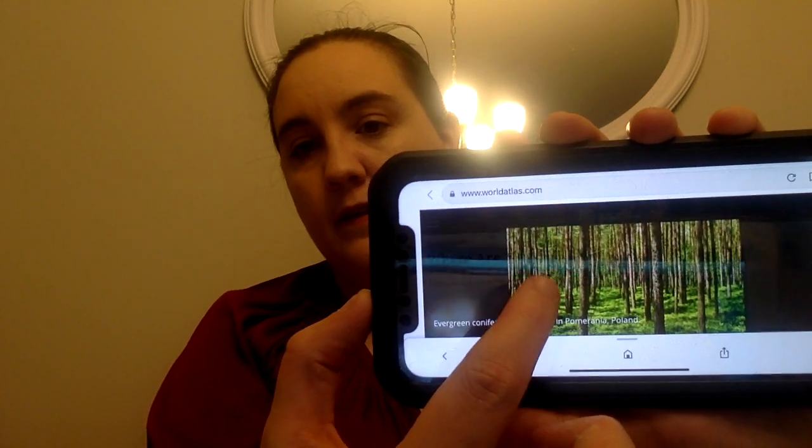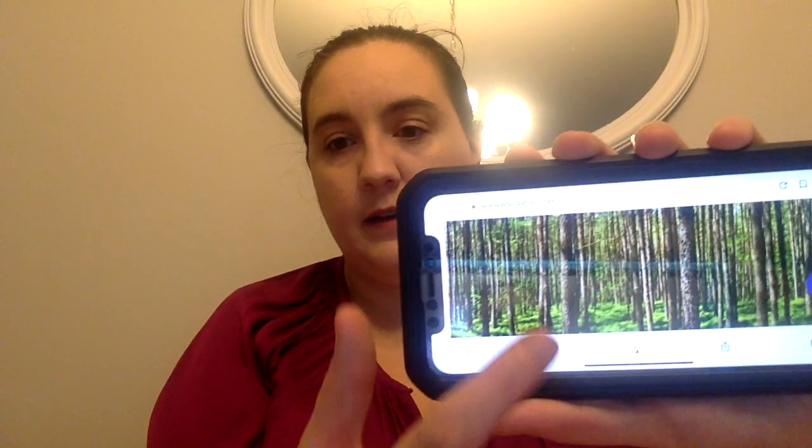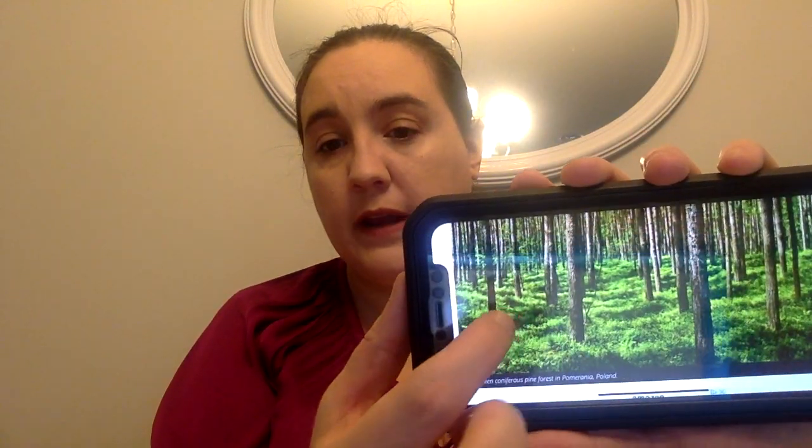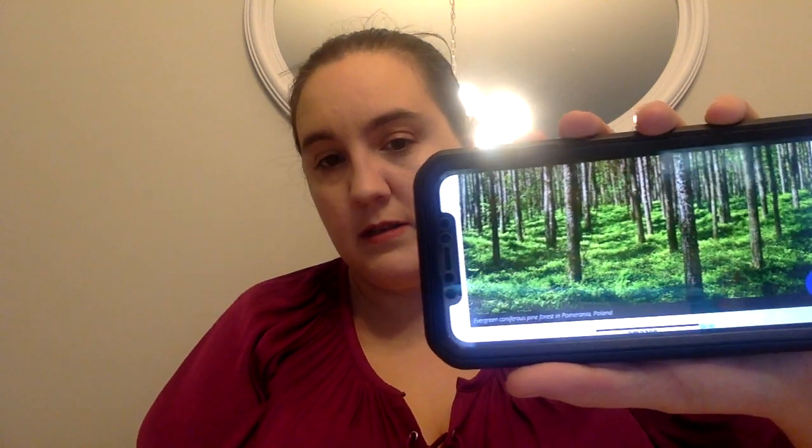See, it's trees and grass. The sun is shining through. It's nice. It's green. It's pretty. That's your temperate forest. Okay. Now that we've gone through and we know what all of our exhibits are going to look like,